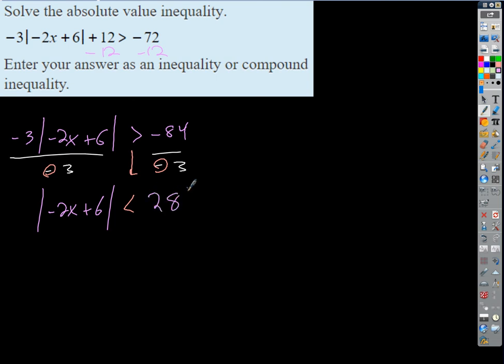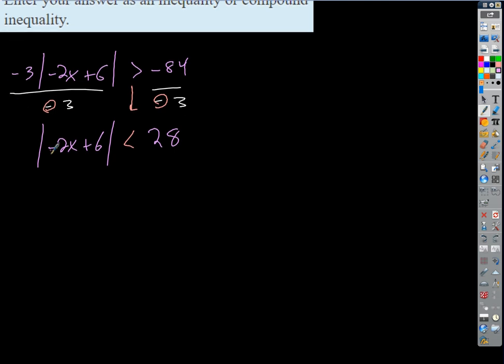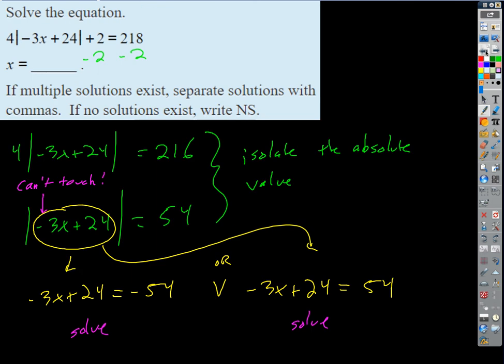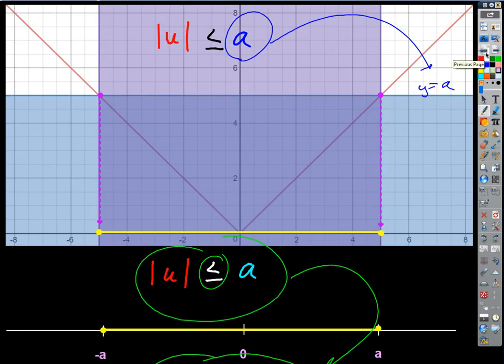Okay? Make sense? All right, can I get rid of that negative sign? I cannot, you're right. I can't touch anything inside the absolute value bars, right? But I can make a trade. So if I have the absolute value of a pan is less than a number, it's an "and" compound inequality. That means we want the part that's going to be below. Less than means below the line, right? So it's going to be this picture, isn't it? So we want the part below. So that's the part of the V